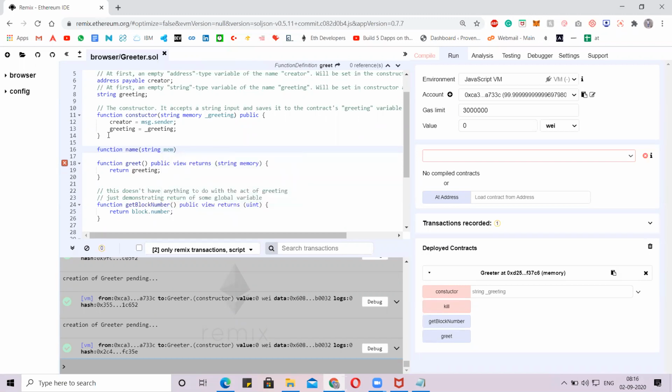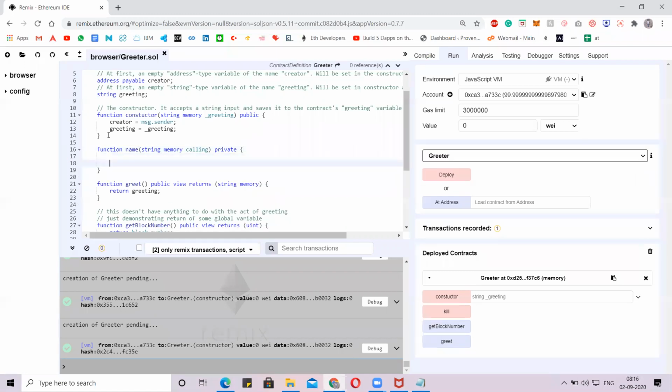Why are we calling a string with memory? Because string memory will store the data internally. In the latest version, Solidity has mentioned this update: for strings, we always need to use the keyword memory to store the data internally so that we can call it anywhere. Is that clear, guys? So string memory, and I'll just use calling, anything, that's not a big issue. We need to use the underscore here. I'll just use private.